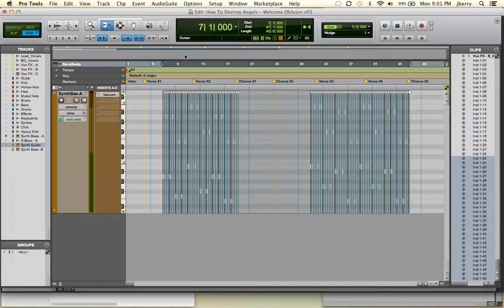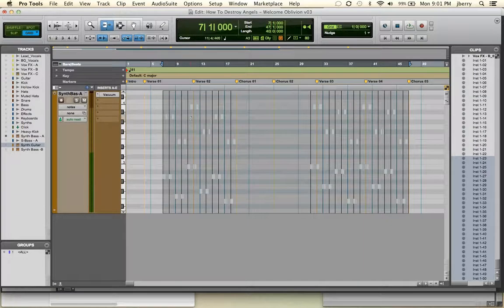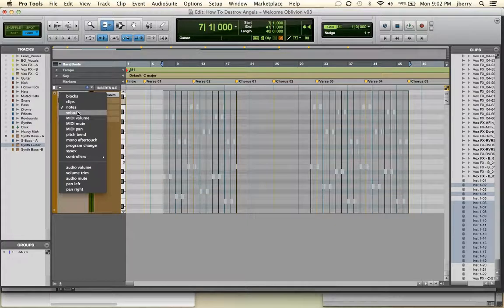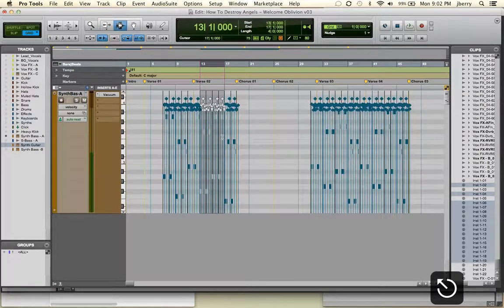Understand, quantize is there for you too. Anytime you're looking at MIDI notes, let's go ahead and look at note value. You have to have, oh, here's a good example. Let's actually go back to velocities. I'm sorry, I changed my velocities back because I want to show you that those features, anytime you're using